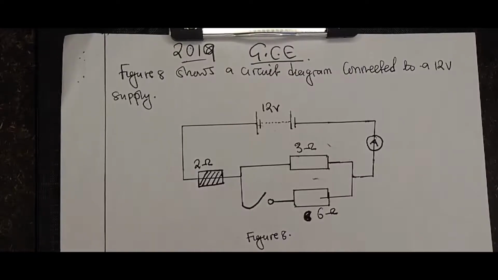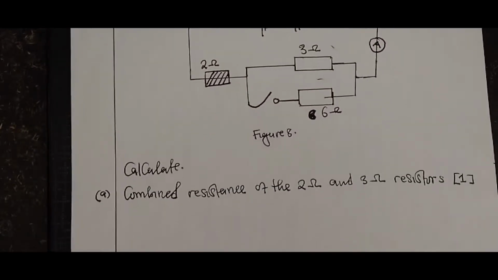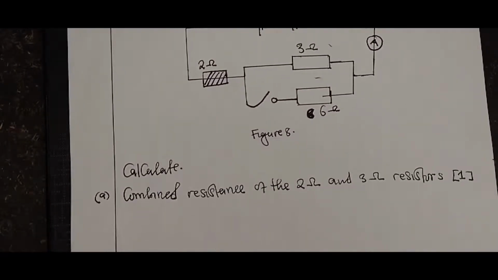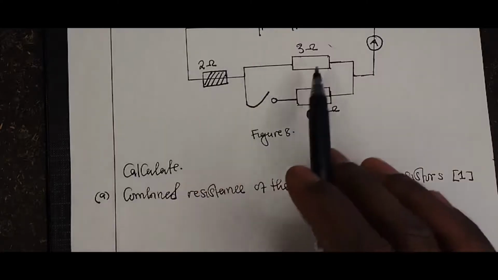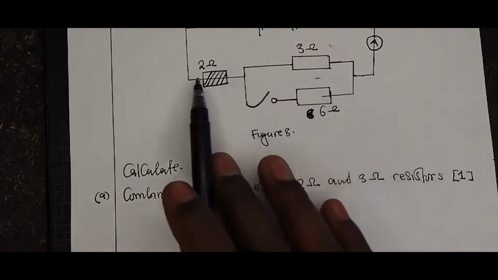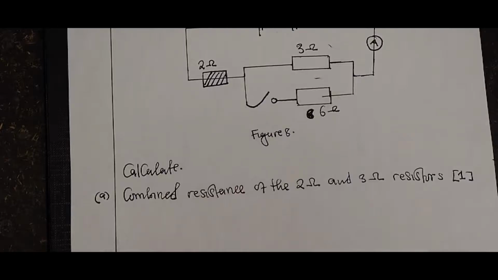The first question is: calculate the combined resistance of the 2 and 3 ohm resistors. So in this case, we are looking at this one and this one, and if you look at them, they are in the same line with each other. And therefore, we treat them as being in